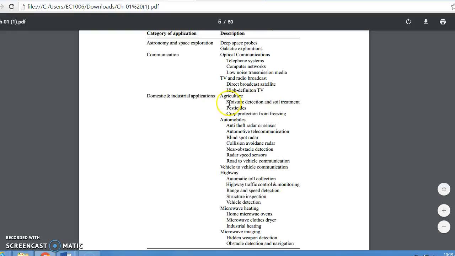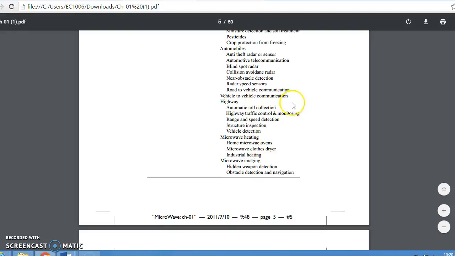Then in domestic and industrial application: agriculture, moisture detection and soil treatment, pesticides, crop protection, automobiles, and anti-theft, radar or sensor, automatic telecommunication, blind spot radar, collision avoidance radar, near obstacle detection, radar speed sensor, road vehicle communication, and vehicle to vehicle communication. In highways, that is automatic toll collection, highway traffic and control, range and speed detection, structure